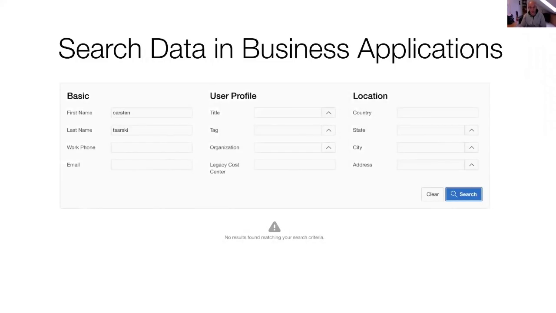Okay, and now let's jump directly into the topic. We will talk about searching Oracle text and data, and the business problem I want to tackle is Apex applications, or more general business applications, and searching within business applications. And this screenshot and the following two are from the same Apex application. It's the Oracle Employee Directory. And I started with the advanced search